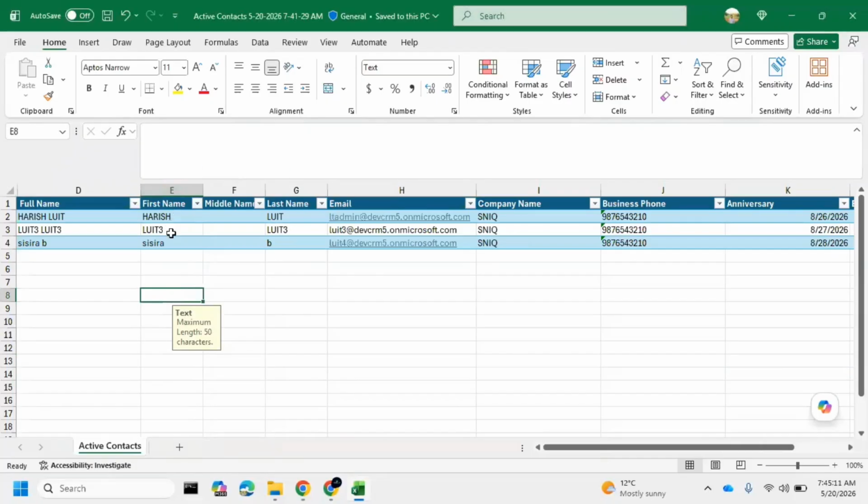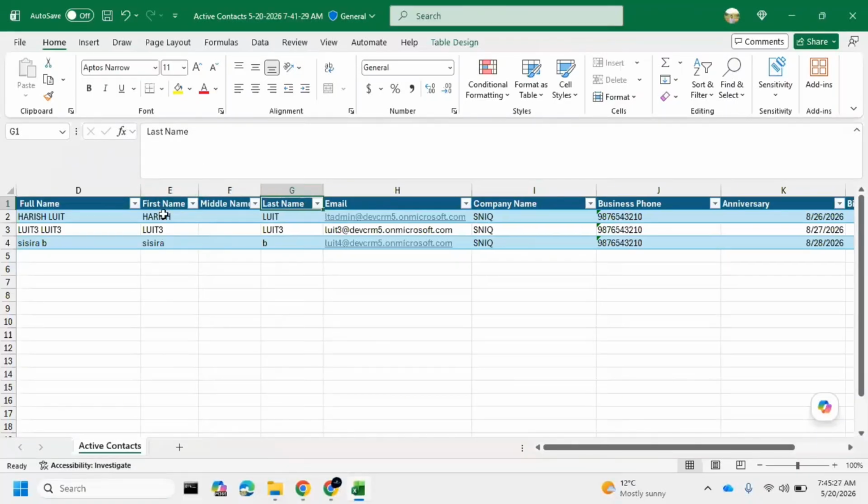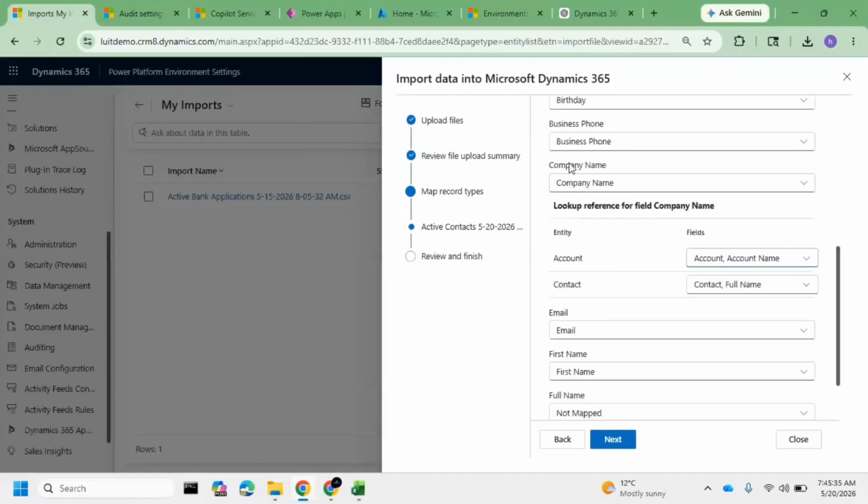Right now, as we downloaded it from the CRM, we have the exact column names as in the CRM. But in general, outside people will be preparing the Excel and sharing it, right? In those scenarios, you will have different columns. So instead of first name, they will say FN, and you need to map first name to FN. So in this mapping